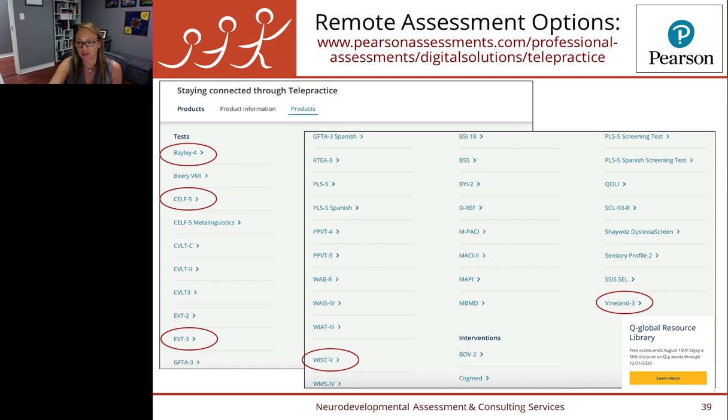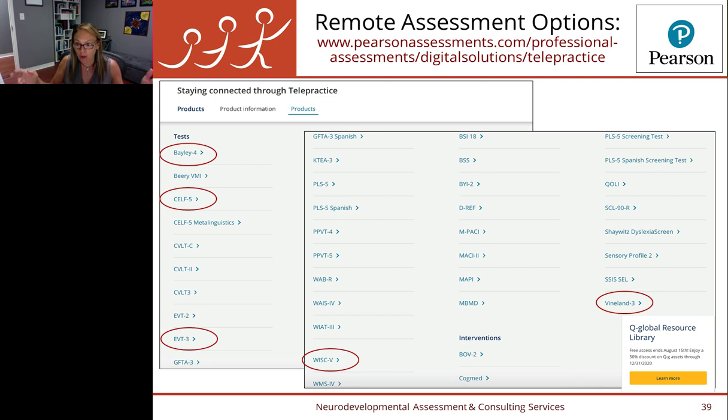And the ones I circled here will show you that you can do a comprehensive battery of getting your cognitive profile or developmental profile, your language profile, and your adaptive profile. So you have enough information there to start your differential and/or comorbid evaluation prior to getting to the autism symptomatology. So the fact that there are these many options out there for us, it's fantastic.